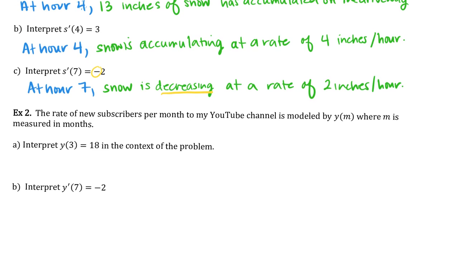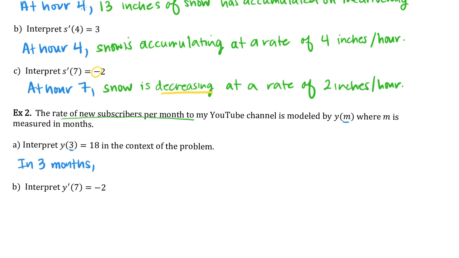One more example. Example 2, the rate of new subscribers per month to my YouTube channel is modeled by y of m, where m is measured in months. Interpret y of 3 equals 18. So let's consider 3. What's the input? The m. So at 3 months, or in 3 months, what's y? Y is the rate of new